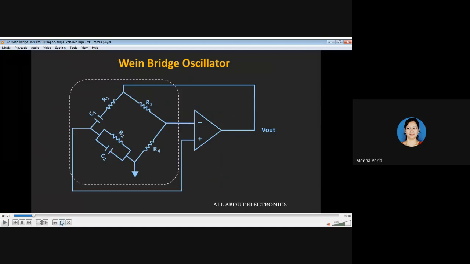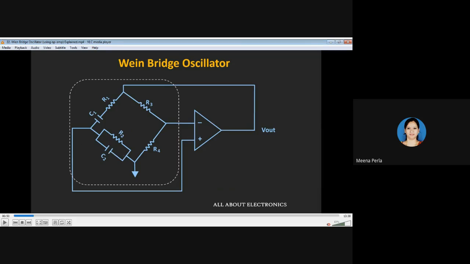So you all can draw this circuit diagram. Why is it called a Wien bridge oscillator? Because here we have connected this op-amp in such a way that the series component of RC and parallel component of RC, and the feedback resistors R4 and R3, are connected such that they form a bridge. So you can see here how this bridge circuit is. Normally this type of circuit you can draw, or we can simplify this circuit as we have shown there, right? So this is the Wien bridge oscillator diagram along with the operational amplifier.